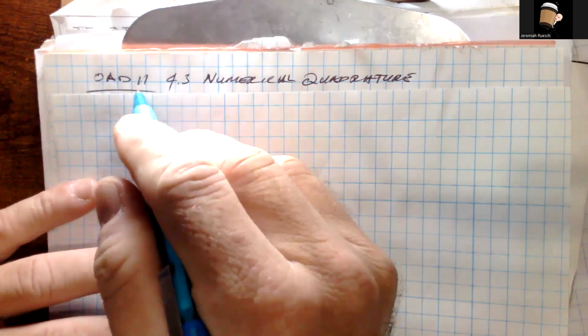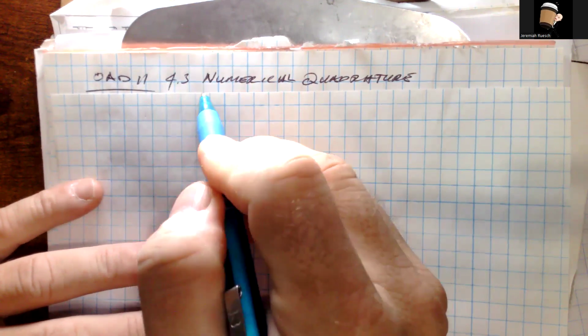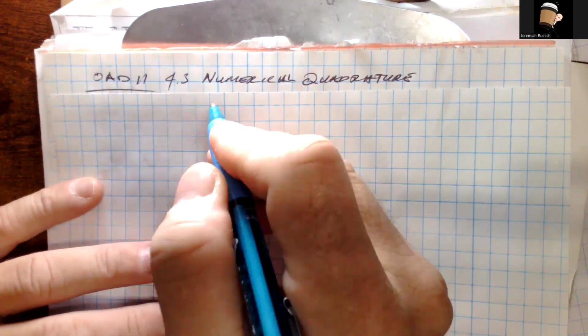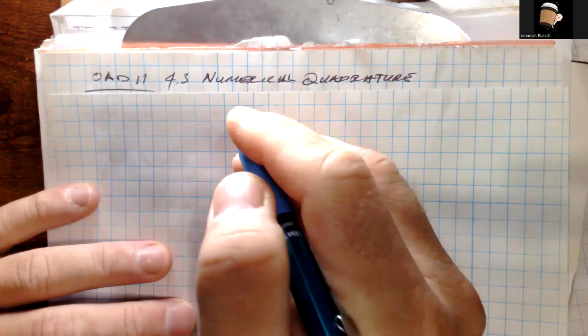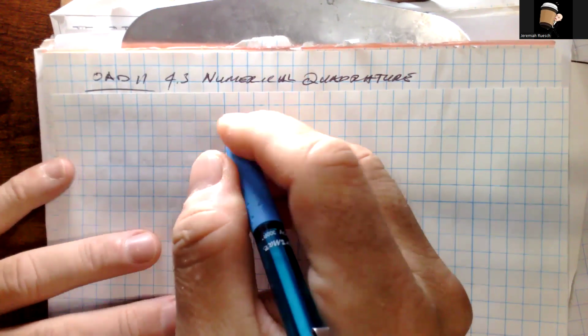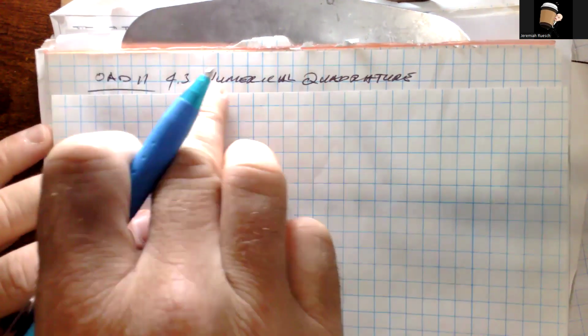This is for 1A 11 in numerical analysis. So this is starting the journey through numerical integration. And I wanted to provide an example of the derivation of one of the formulas, besides just giving them to us to start playing with. And so this is what we're going to be talking about, the numerical quadrature and the derivation of the trapezoid